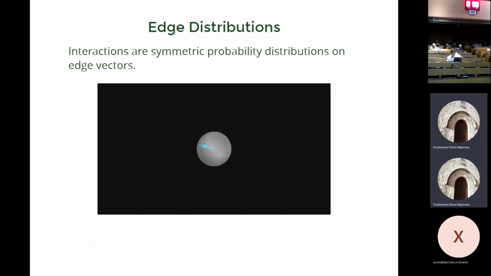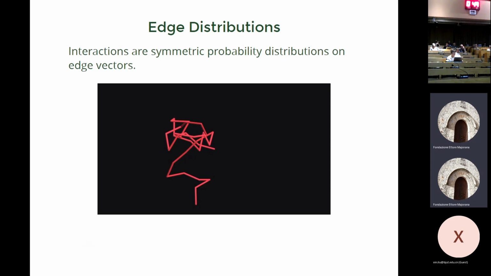And so if you're just doing a linear polymer, everything is easy. You just say, okay, well, pick your favorite distribution, sample an edge from that distribution, take that edge, now do it again, and just concatenate these edges and just keep going until you have however many edges you want, right? So this is just a picture where my distribution was uniform on the unit sphere, so they're unit length steps, but you could take Gaussians or any other distribution in R3 that you like. And if you're just talking about a chain, then you're like, great, that's easy. All the edges are independent of all the other ones.